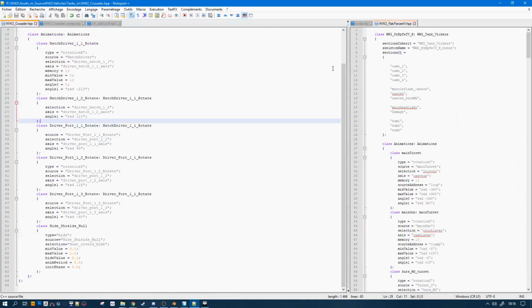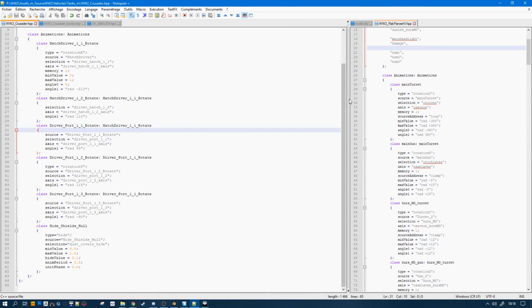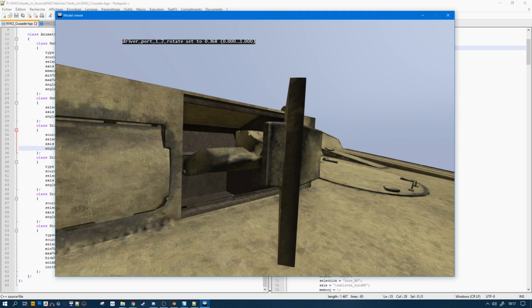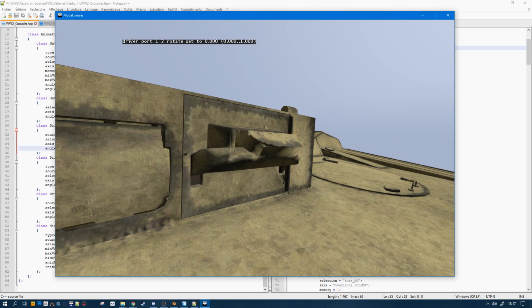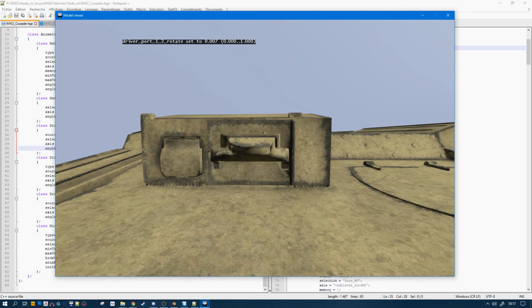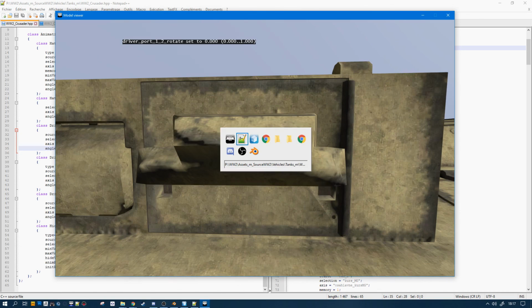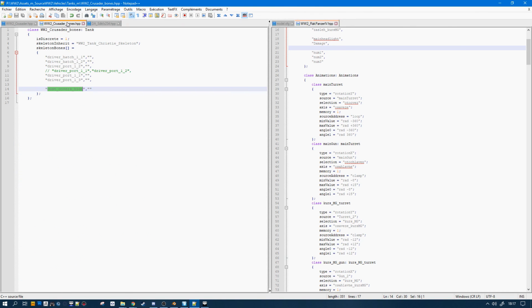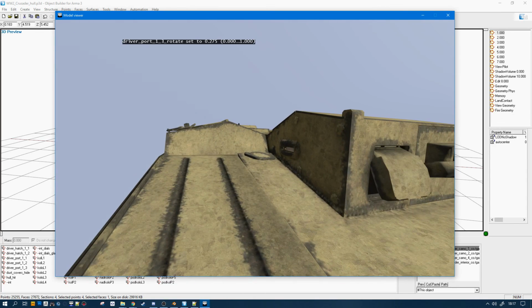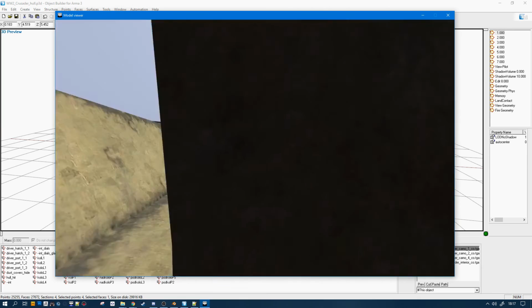Just going to revert the angle. Driver 1 minus 45. Number 2. Okay, so here you see that I did the change in the skeleton, so now the whole hatch is rotating, no problem with this, but the central hatch isn't following, so I'm going to uncomment this line to fix it. And parts number 3 there. Okay.